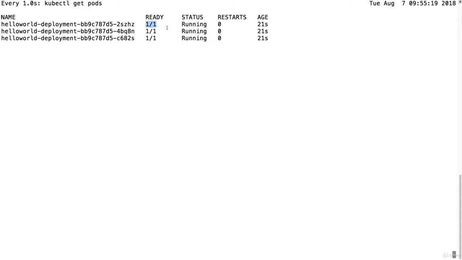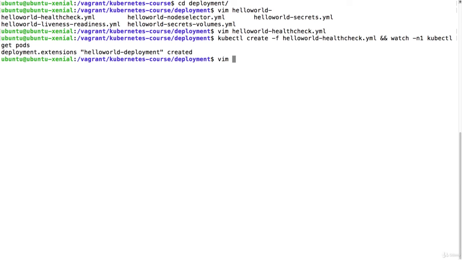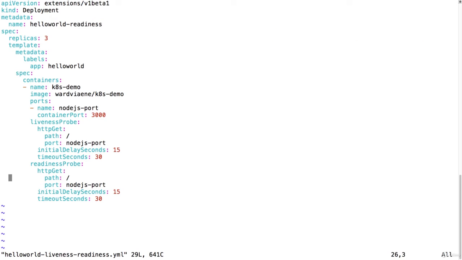The Readiness probe is different from the Liveness probe because it will first wait until the Readiness probe succeeds, and only then it will start serving requests. Let's have a look at the Hello World Liveness Readiness YAML. Here I have also a Readiness probe. It works exactly in the same way as the Liveness probe to define it in the YAML file. You can also use the HTTP GET,